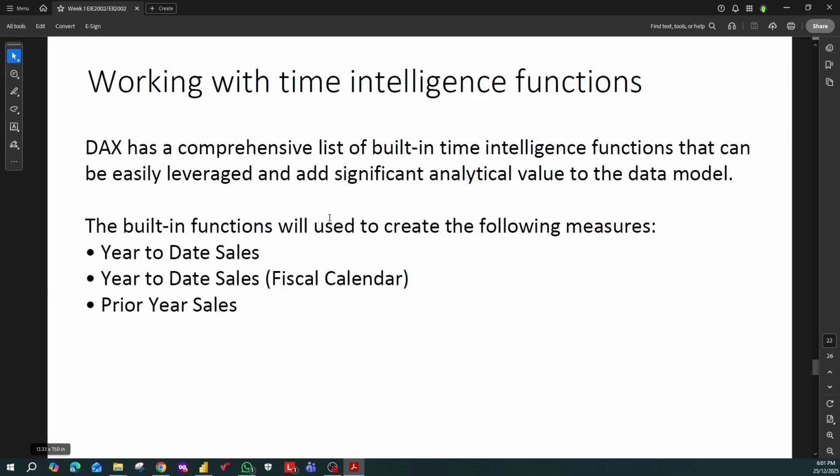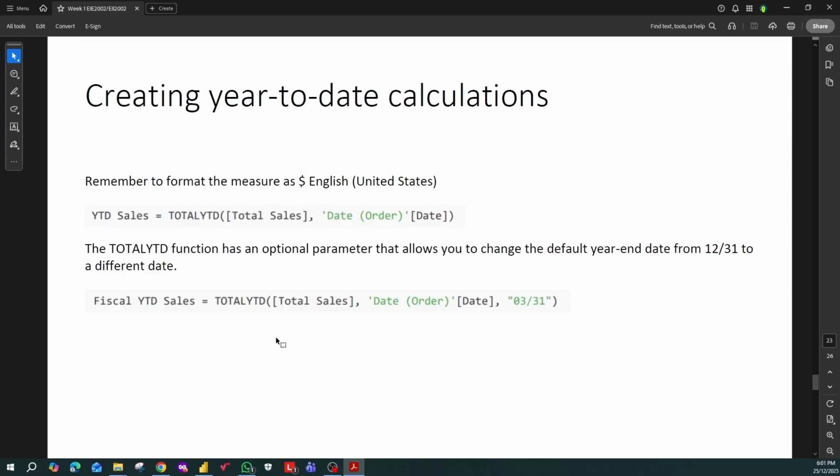Here is an example of a few functions to be used in the following measures: the YTD sales, or YTD sales with the fiscal calendar, or prior year sales. To create the year-to-date calculations, you have the formula. For the YTD sales, just remember to format all the measures as currency. For our case, it is the US dollar. So this is the fiscal